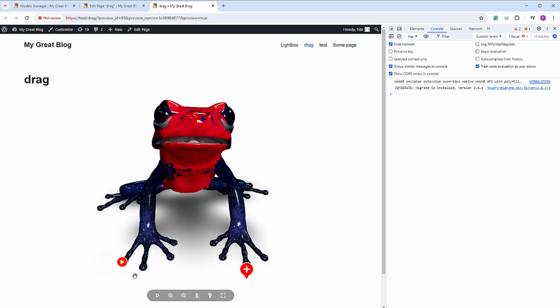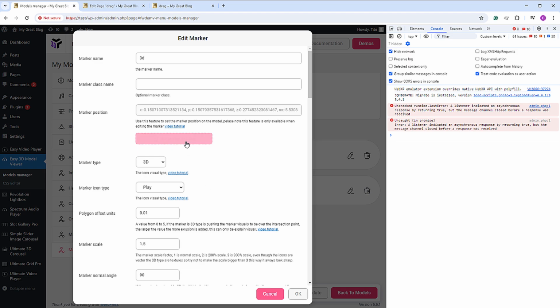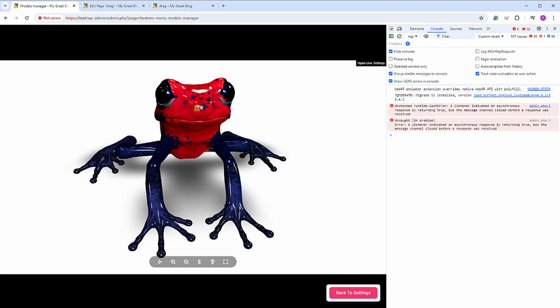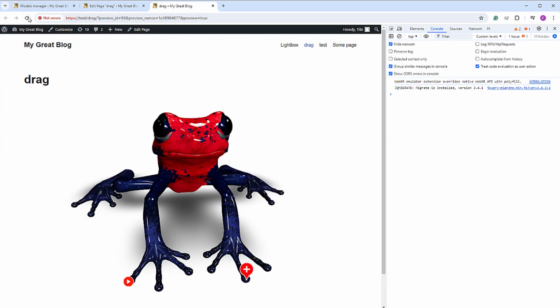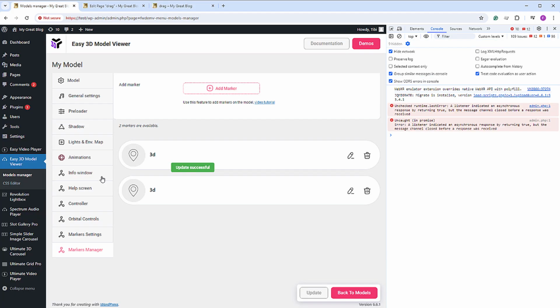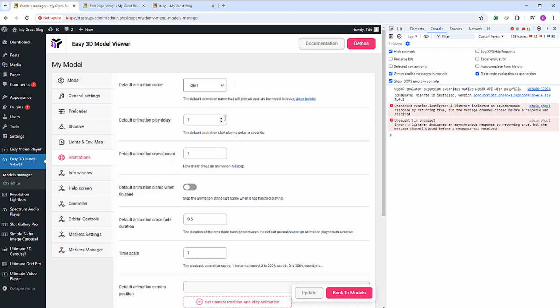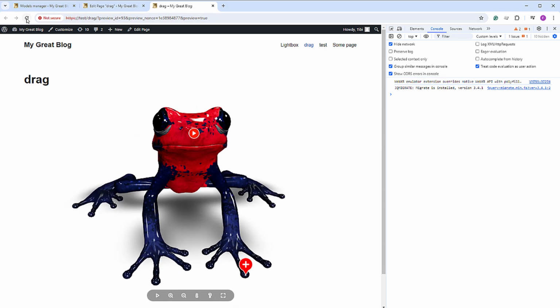And now you will notice that the marker stays there. You can't see really much because the leg is not moving. But let's change the position. Let's add it, I don't know, here. So now you will notice that the marker is moving, and when I hover it will stop moving. Also, let's go back here to the animation and change the repeat count to be higher, to play more than 1 second. Okay, so now it's animating with the model, and